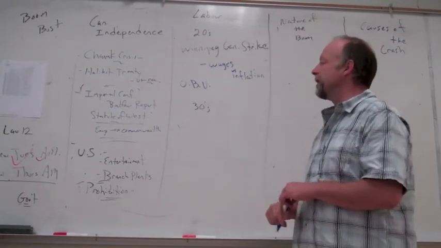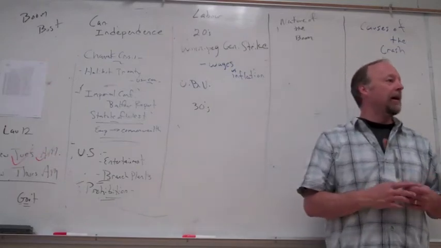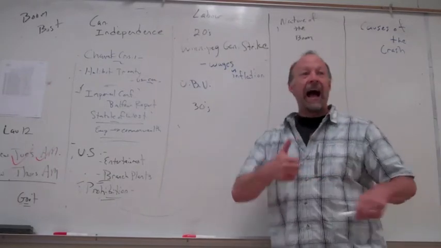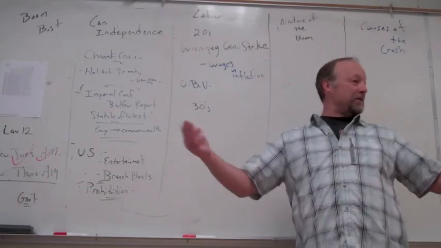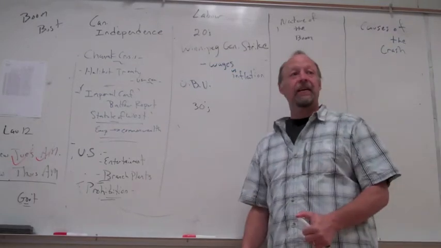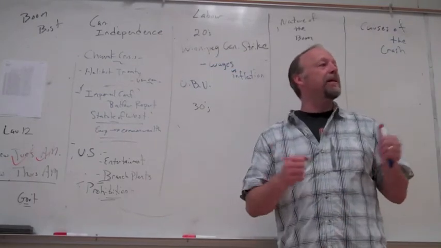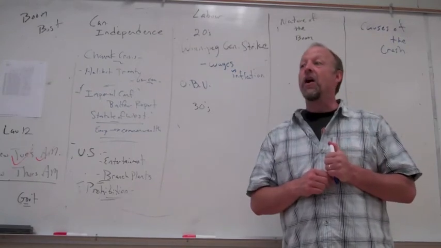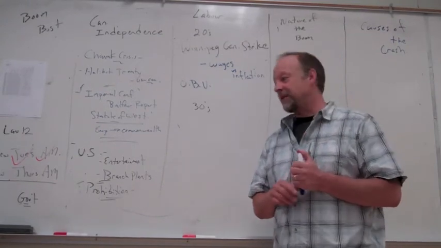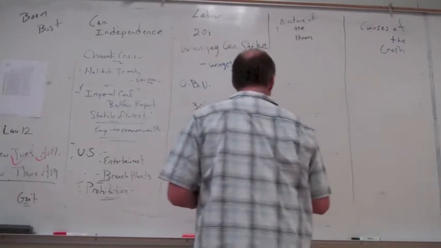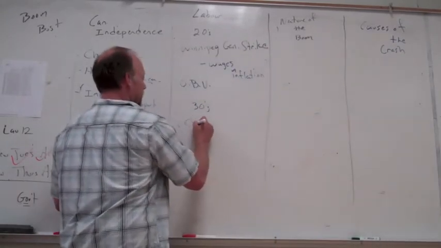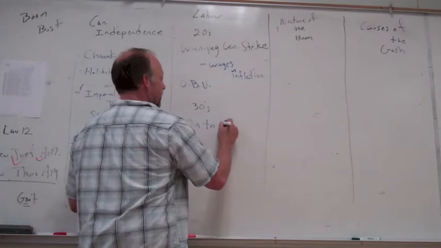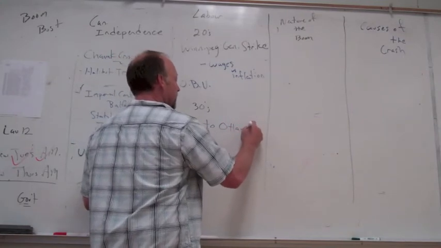In the 1930s, we're going to jump now. How did labor do in the 1930s? Well, unemployment was incredibly high. We'll deal with that in a second. They did have one big event in the 1930s where labor stood up and tried to do something. The On to Ottawa Trek, okay? And that was relief camp workers. So in the 1930s, we can see more of the same. The On to Ottawa Trek.